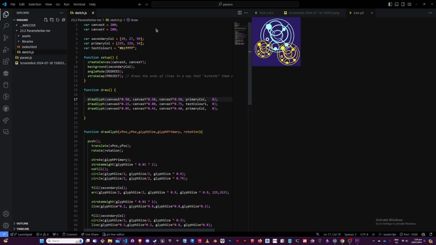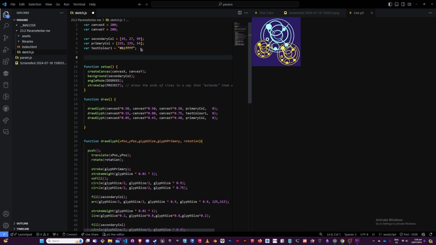So I realised the really hacky fix to this would just be to draw the circle at the origin there, which means subtract half of the canvas size that way, and store that as a variable. I'm going to call it glyph offset